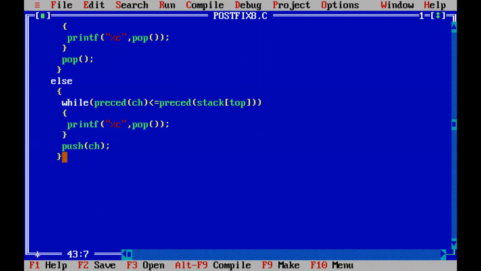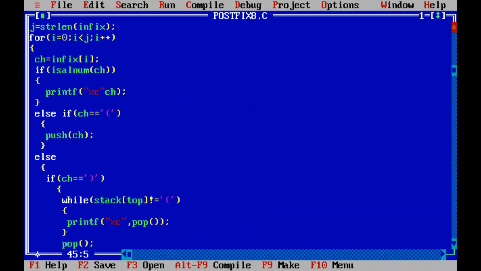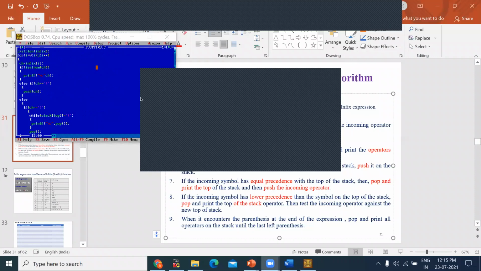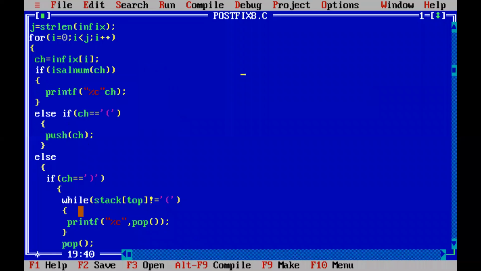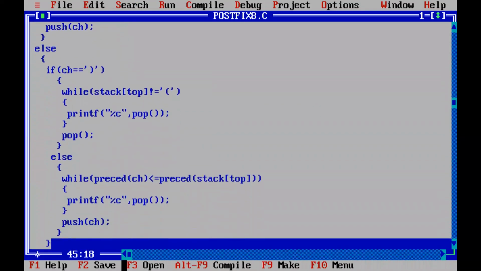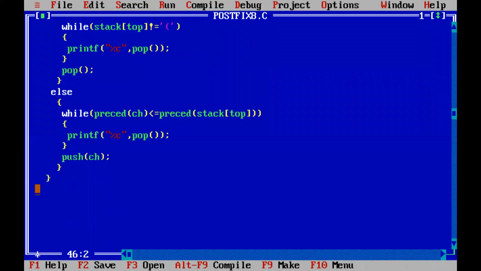Now what is remaining? Which all brackets are to be closed? We have to close this else bracket, right? So I'm closing that else bracket over here. Now what else is remaining? You know that we have started a for statement, right? So all these are coming within the for statement. So this for also we have to close it. The entire thing is coming under that for loop, so we will be closing that for loop also.